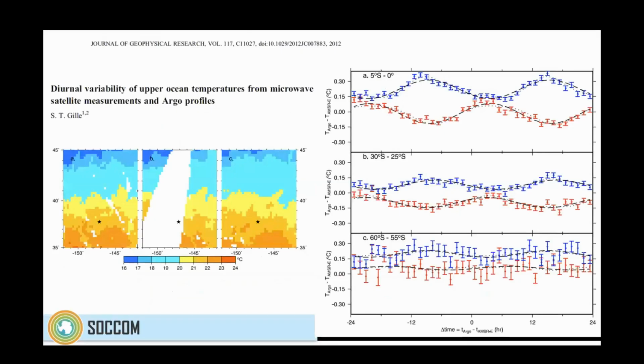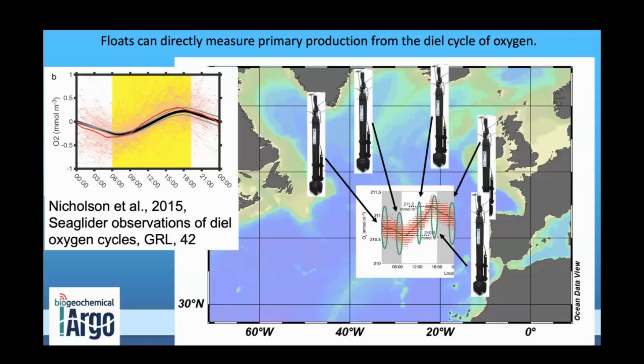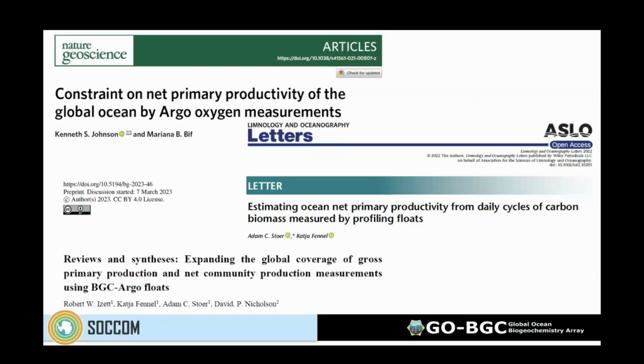Okay, so now we're back to the diurnal variability. I was supposed to show this great paper by Sarah Gille that Steve Riser mentioned. You can get the diurnal temperature cycle. How am I doing on time? 3 minutes. 3 minutes, okay. So floats give you this beautiful diurnal cycle, and I went through this, and I'm gonna go by that,